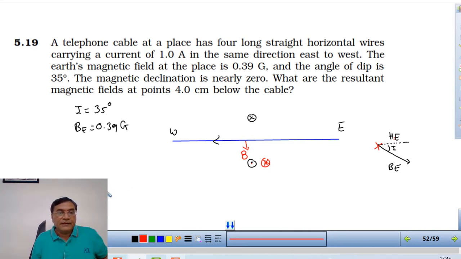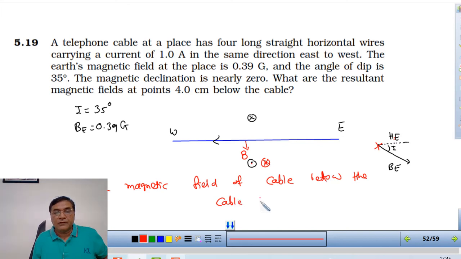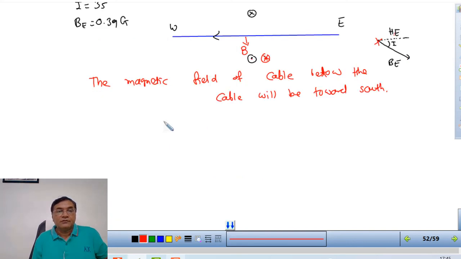The magnetic field of the cable below the cable will be towards south. I'm saying south. And the earth's magnetic field everywhere